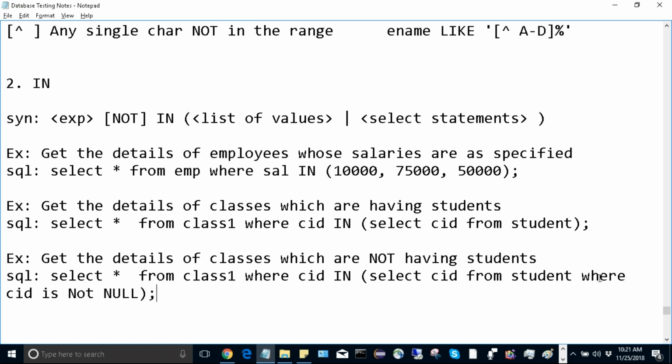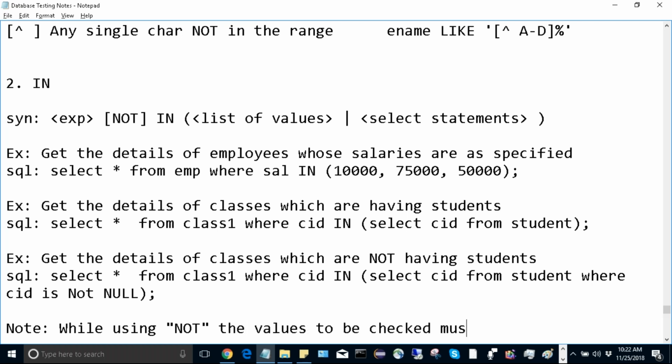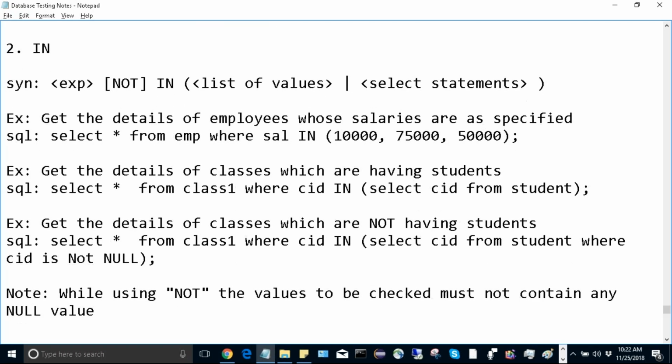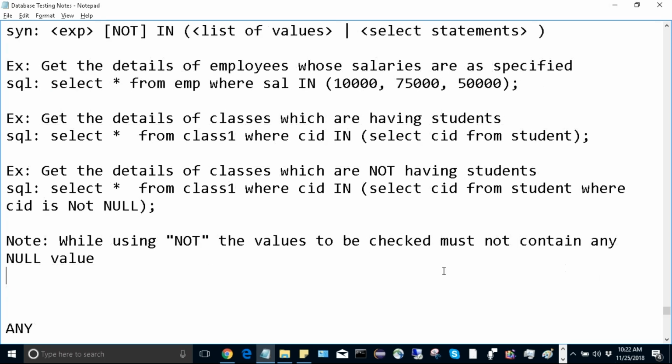So when do you use not? While using not, it necessarily has to be capital. The values to be checked must not contain any null value. So just remember that. And then we'll jump to